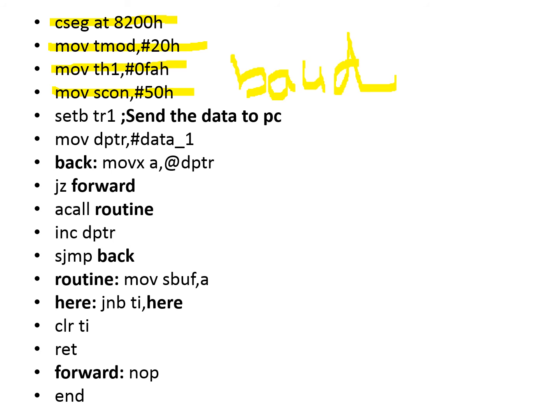And then I start my timer. To start this timer, I use the instruction SETB TR1. This will start our timer, and we'll be setting this particular baud rate, that is 9600. When this timer starts doing the counting operation, ultimately we achieve this baud rate. Then I need to fetch my data, that is the string of data. So therefore I make my